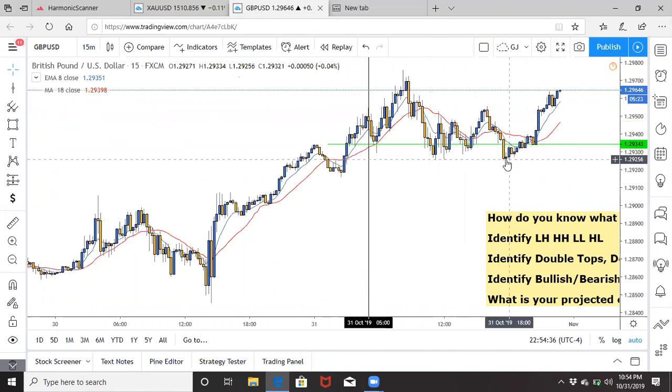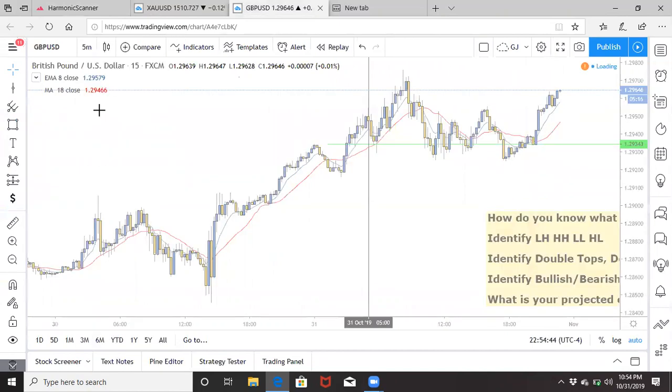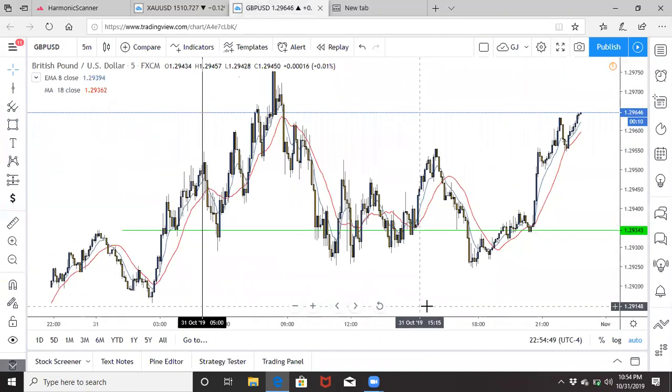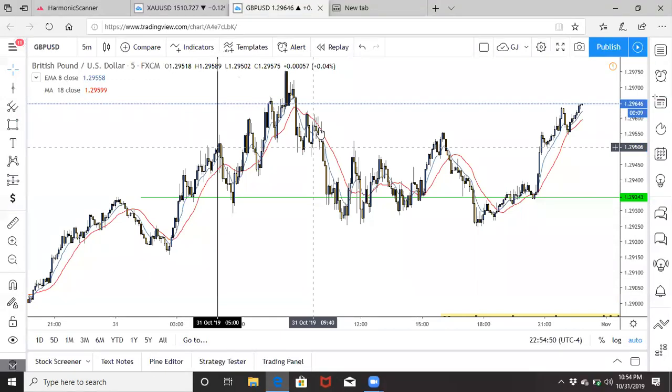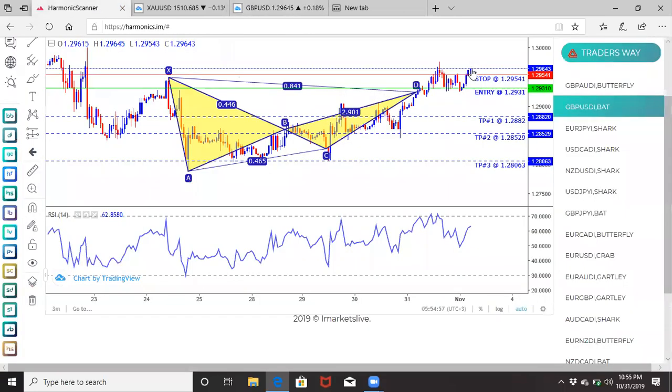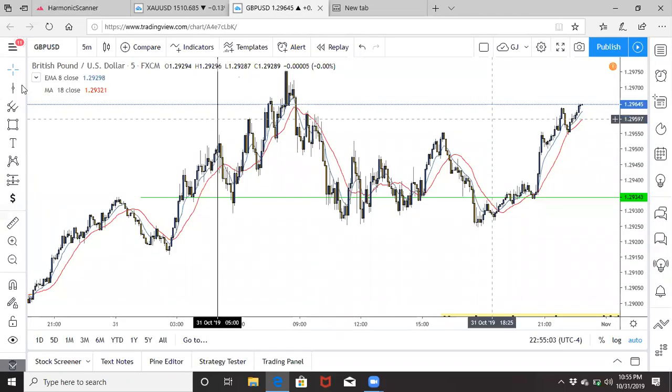Let's go to the M5s. This is where we're at currently, right here, which is this point. So in order for GBP/USD to go down, if you pull your trend line out on the M5,